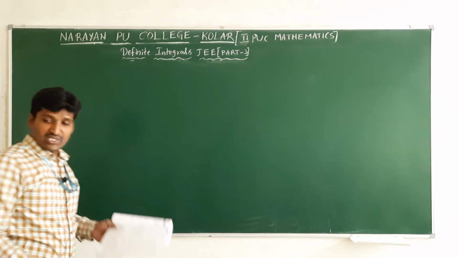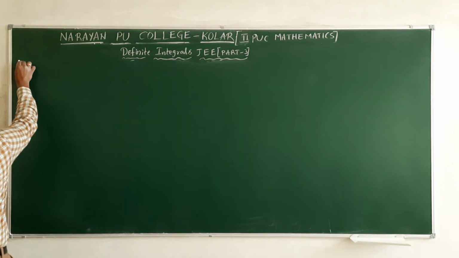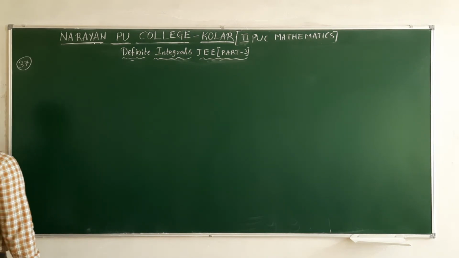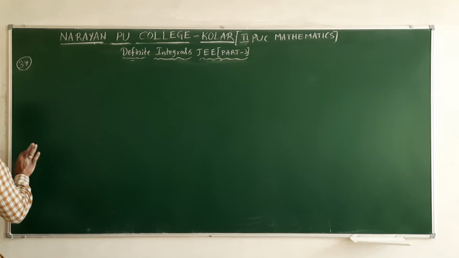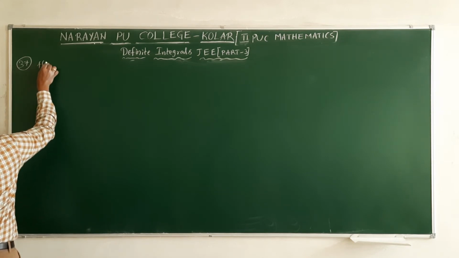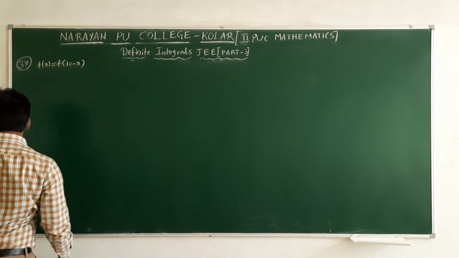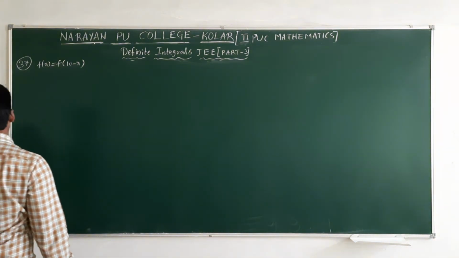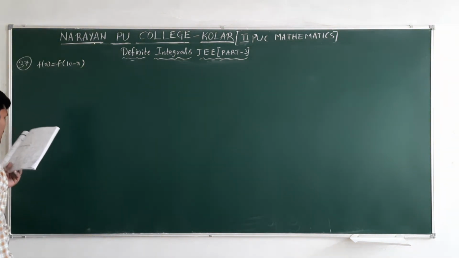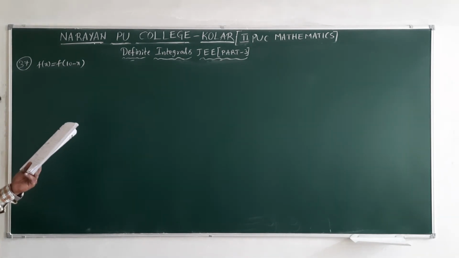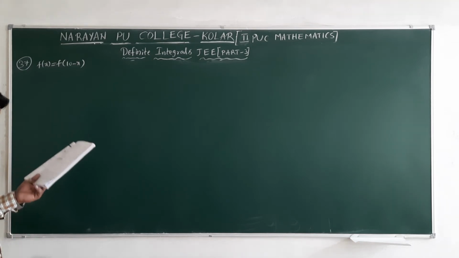Next, question number 37. It is given f of x is a differentiable function for all x belongs to R, and T is a period generally. Here f of x equal to f of 10 minus x. Here we need to find integral minus 5 to 5 f dash of 5 plus x into x power 4 e power x square dx, the value we need to find out.